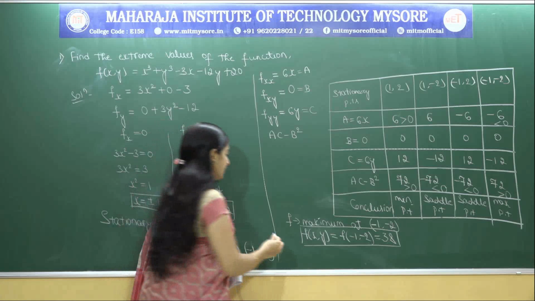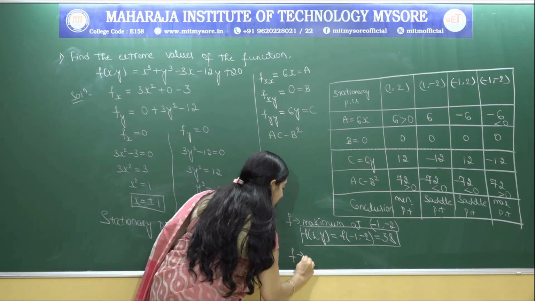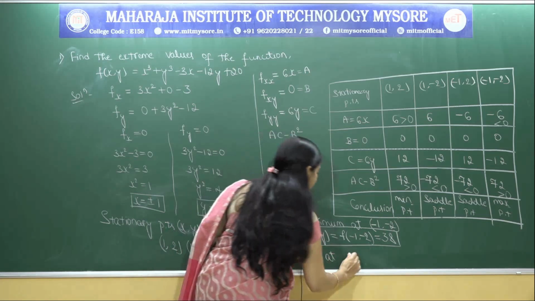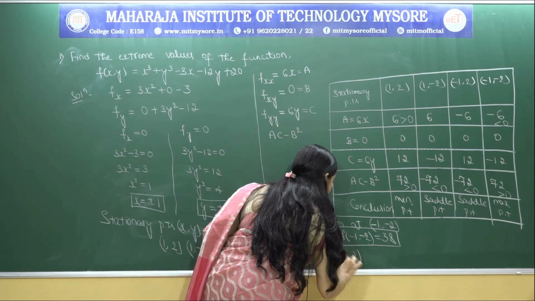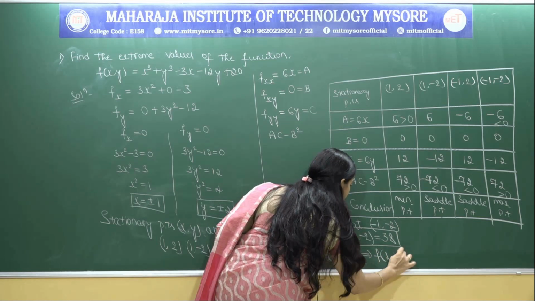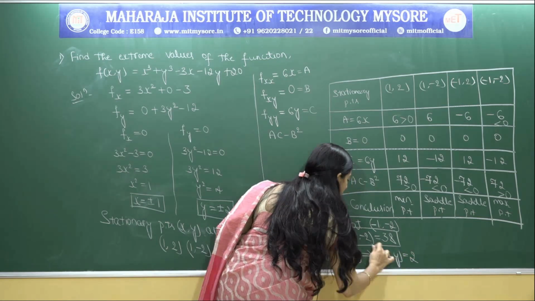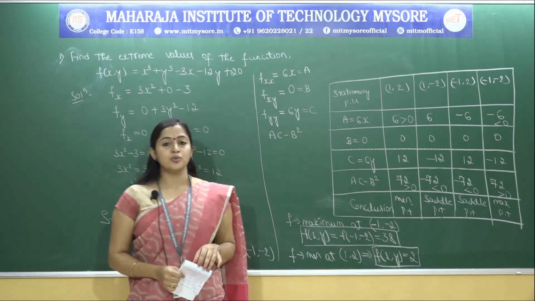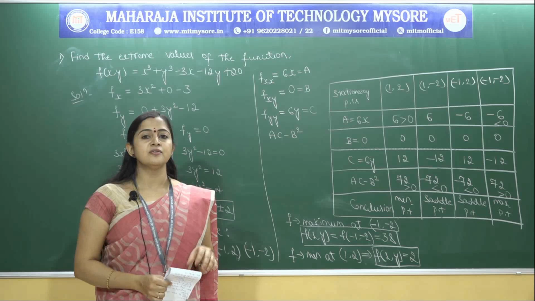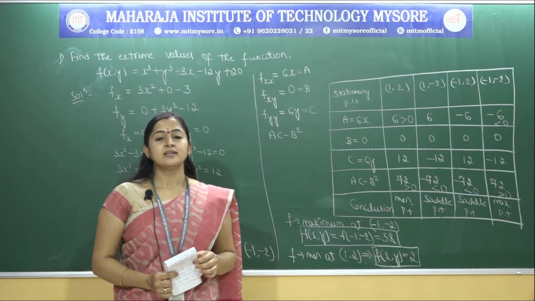Next, similarly, the given function is minimum at the stationary point 1 comma 2. So if you substitute these points for the given function f of x comma y, you will get the minimum value 2. So this is the procedure to find the maxima and minima for the function with respect to two variables. The next problem,